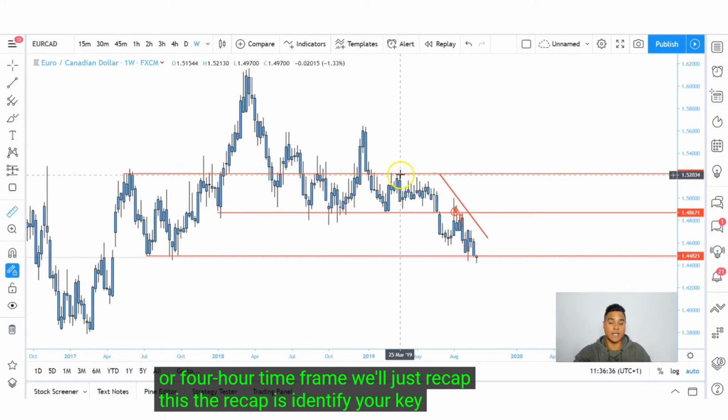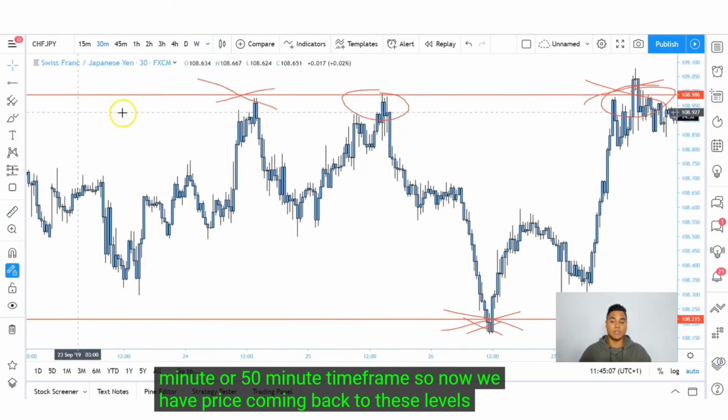Let's move on to our entry time frame, which could be around the 30-minute or 50-minute time frame. So now we have price coming back to these levels here, and just like I gave you an example on the previous time frame, once we get a reaction from the market structure, I wouldn't rush to sell now. What we have to allow price to do is leave that area for a period of time, come back to the area, and then look for our evidence. So with this, we have three confluences. The market's moving sideways, clearly identifying to us it's reacting at a